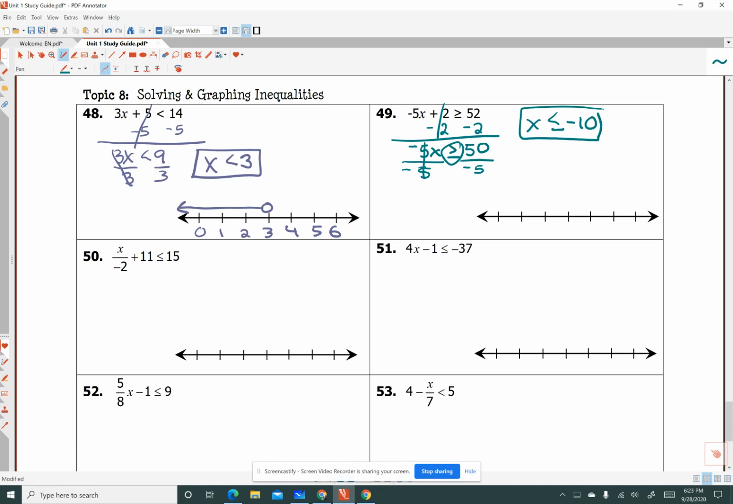and that's a final answer. So I can, let's see, negative 13, negative 12, negative 11, negative 10, negative 9, negative 8, negative 7. So solid line because I have that equals. And we graphed to the